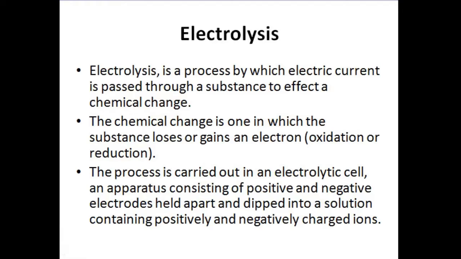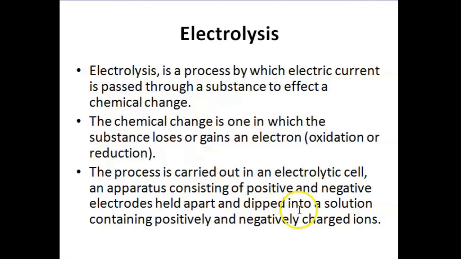Electrolysis is a process by which electric current is passed through a substance to effect a chemical change. The chemical change is one in which the substance will lose or gain an electron. That is nothing but either it will undergo oxidation or reduction. And the process is being carried out in an electrolytic cell, which is nothing but an apparatus, and that apparatus